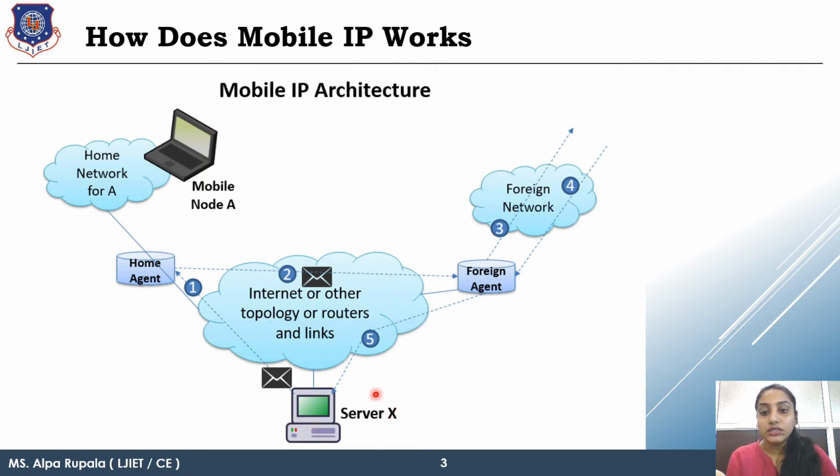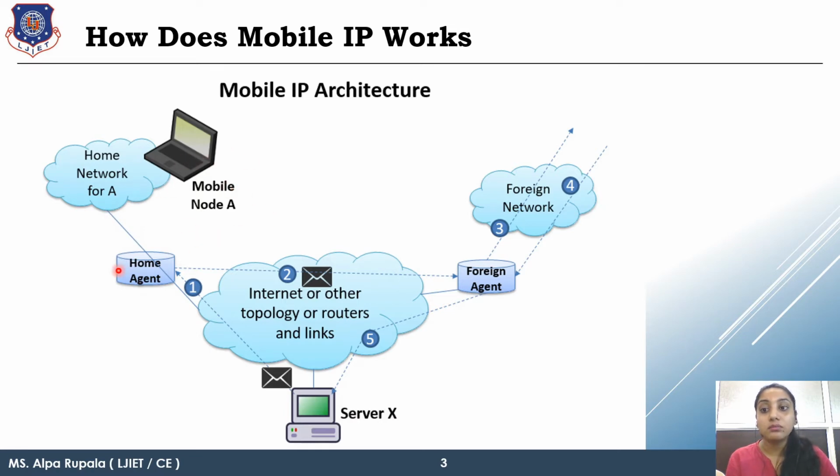Now server X has the home address of mobile node A. According to the home address, it will verify the network address, and after verifying the network address, it will directly go to the home agent for the data transmission to mobile node